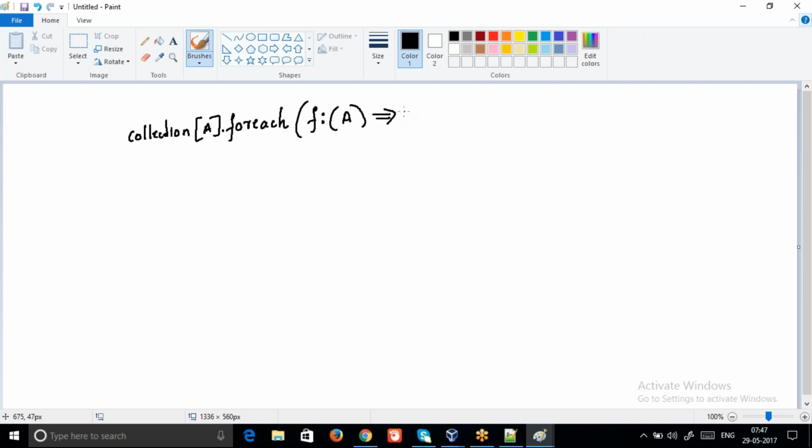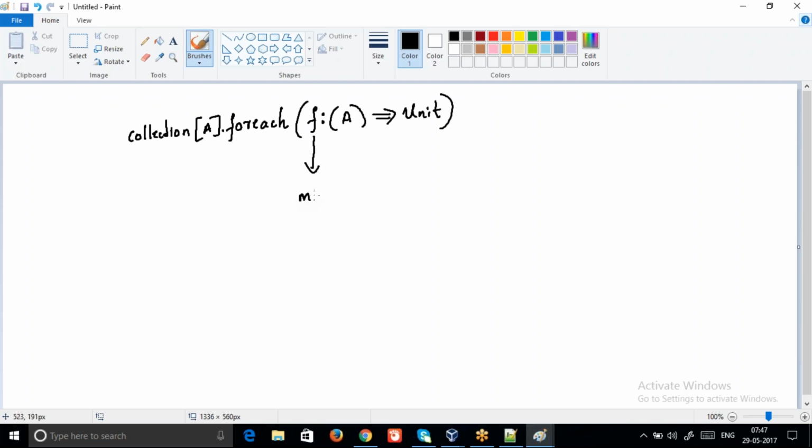We know this syntax. If you remember, we wrote our own higher order function which takes a function, and that function takes a string and returns a string. Here this function takes an element of type A, and it returns Unit. The return type Unit means